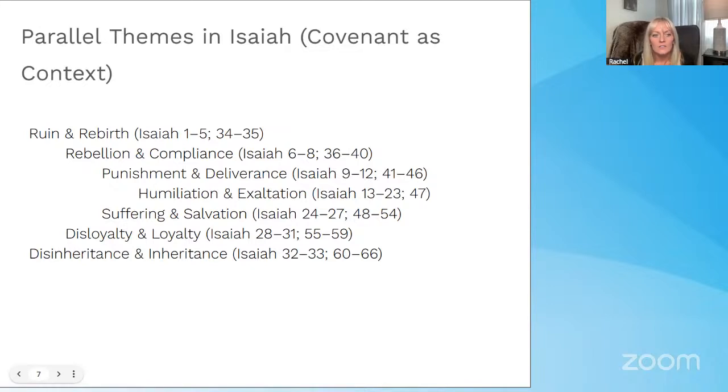So the other thing that's really interesting is you can divide those up almost like two halves of a book, right? They're not exactly even in content, but the ideas and themes go together. But then also the ruin and rebirth can parallel with the very bottom one, which is disinheritance and inheritance, and then coming together you see humiliation and exaltation in the middle. So it's also like a chiasm there. There are more ways of dividing up the text and all the different chapters, but this is one that we've studied and I've really enjoyed, super fun.